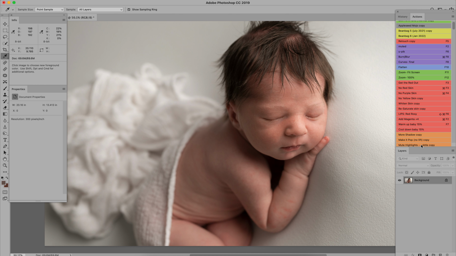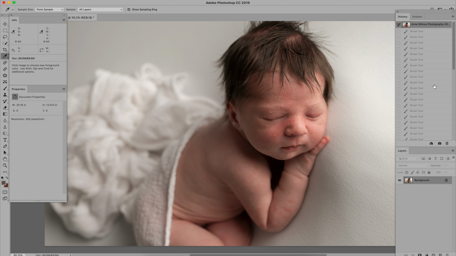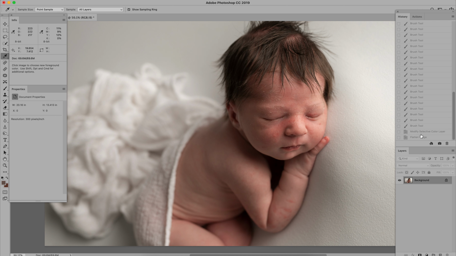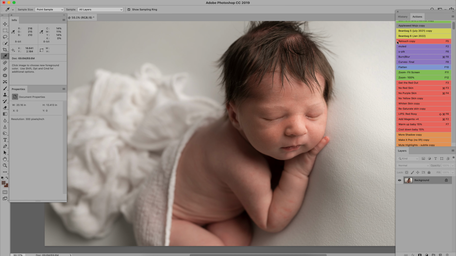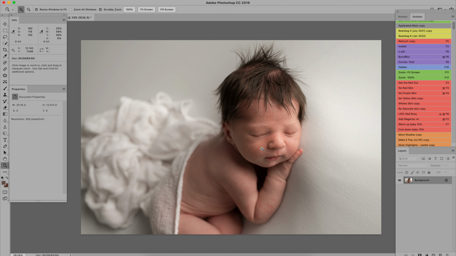And let's go look again where we're at now from when we started. So that's when we brought it in from Lightroom, red and flaky. And here's where we are now. No flakes, no red. All right, so that's looking pretty good. Let's zoom out. Yeah, and I think here, just around his mouth being kind of purpley there,